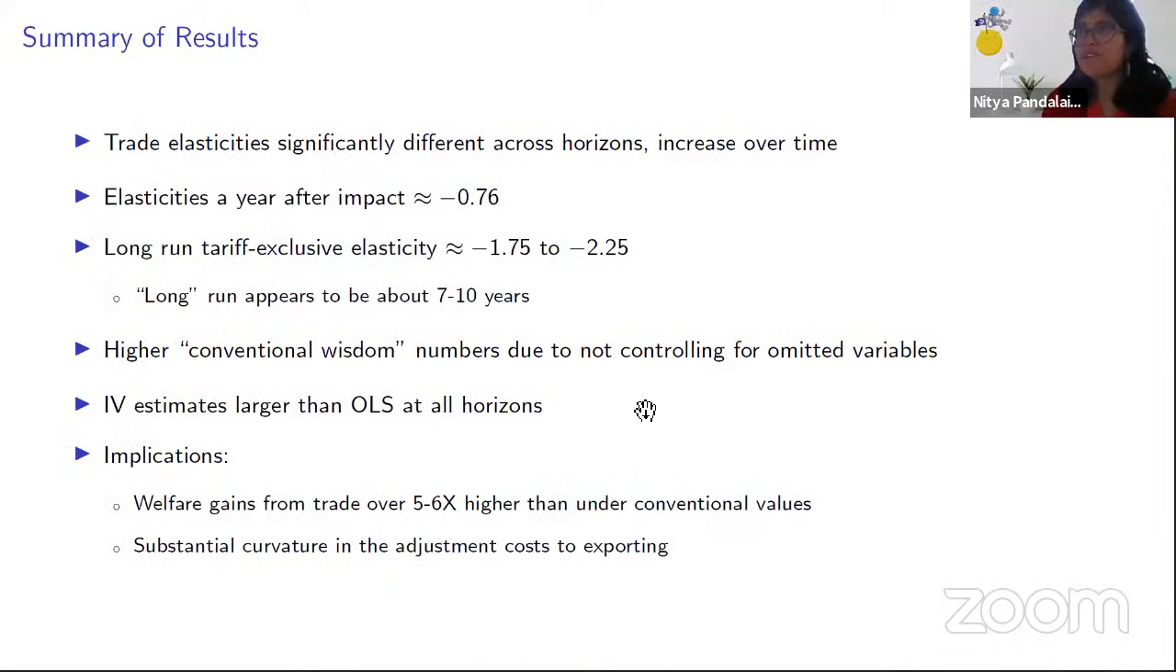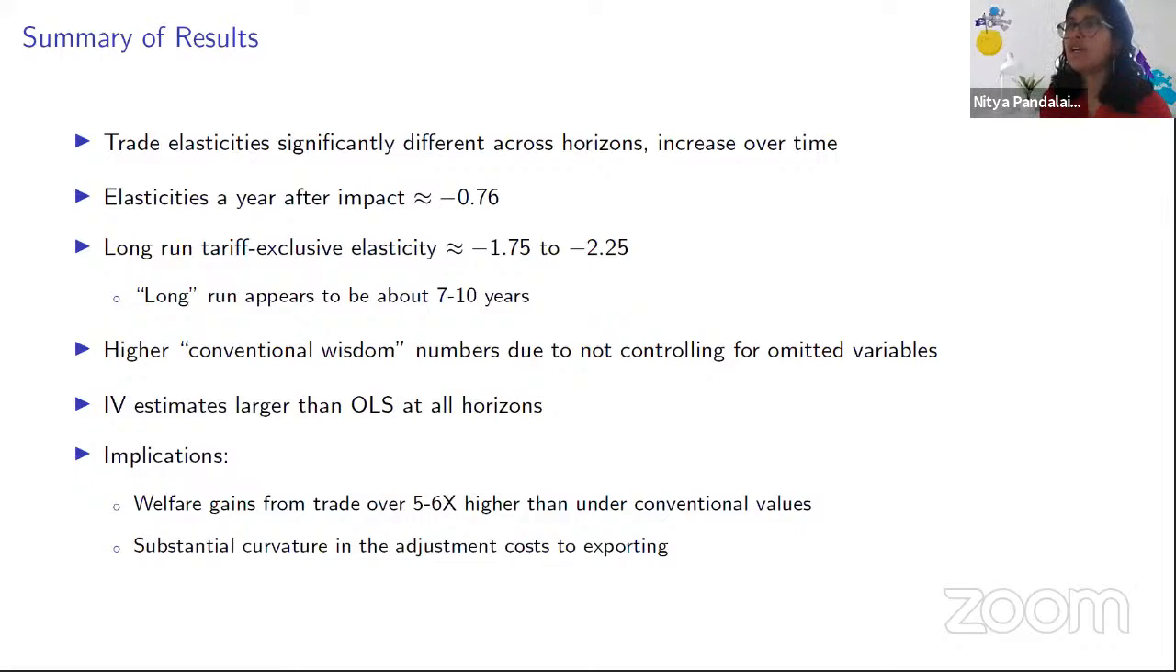Okay, so a brief summary of our results. We find that the trade elasticities are significantly different across horizons and they increase smoothly over time. The short-run elasticity a year after impact is about 0.75, and the long-run elasticity, which is at about 7 to 10 years, appears to be about 2. So this is a tariff-exclusive elasticity, and these numbers are much lower than even the lower end of the range of estimates